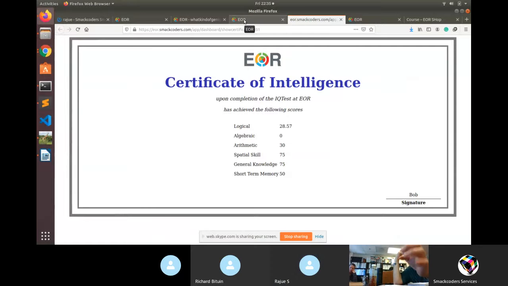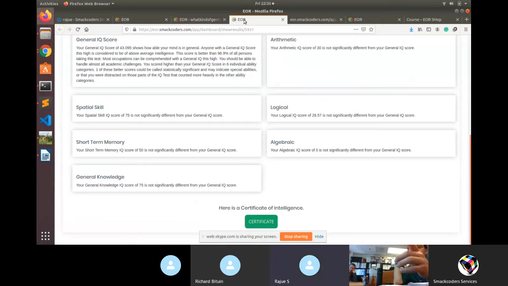But we want to go back one page. Yeah, go back to that one. Subbu, look at the logic here under arithmetic. Your score of 30 is not significantly different than your general IQ score. If there are going to be words like this, we need to put in there programmatically what is statistically significant.